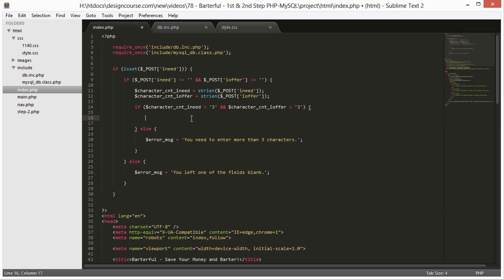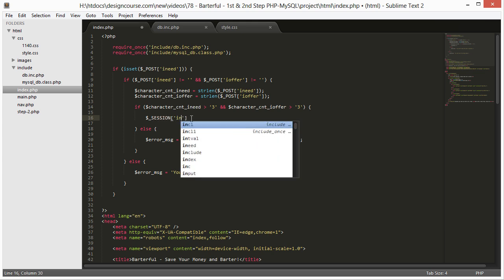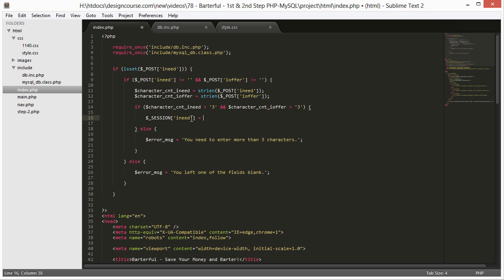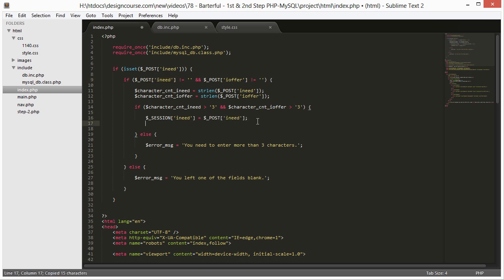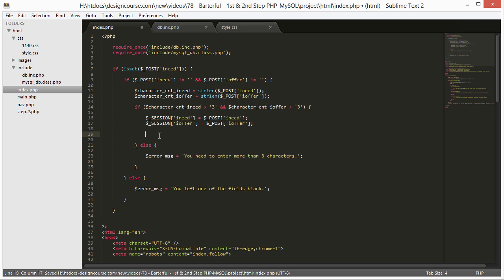So first we have to create those session variables. So what we want to do is put session, and we'll just call this I need equals, and what we can do is put post I need, I offer. All right there. And then once we've saved that, then what we can do is redirect them to that second step. All right, so what we'll do is header, location,